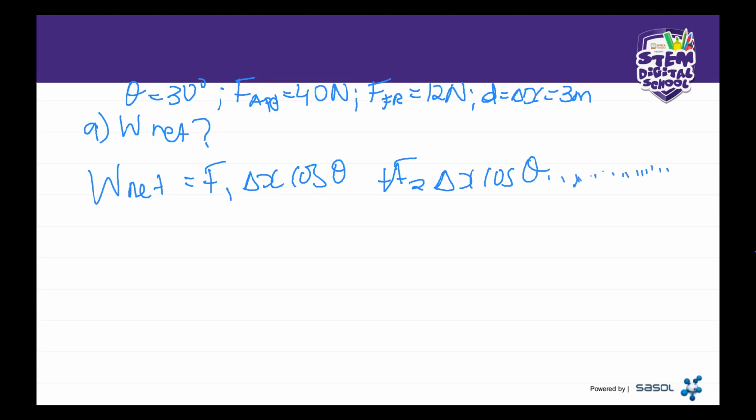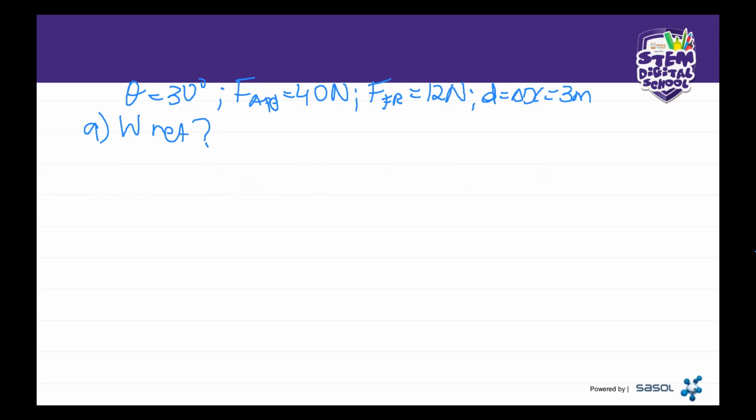If you have force of gravity, you're also going to add it. So basically the list goes on until you mention all the types of forces that you are working with. So let's draw a sketch quickly on how our problem looks. There we're going to have it on the ground. There is our little box there.